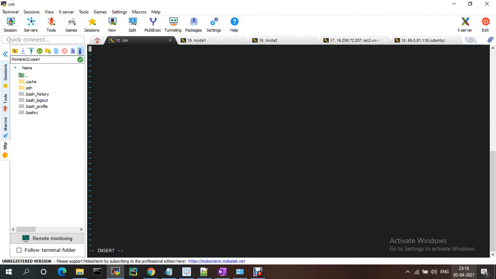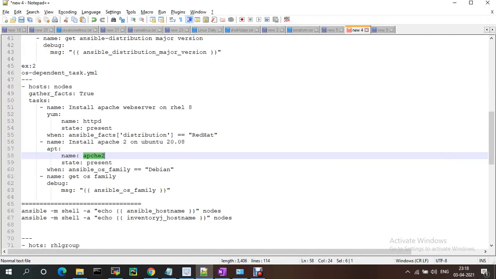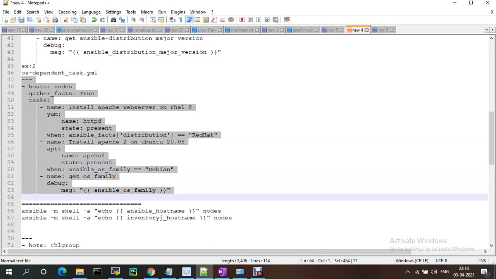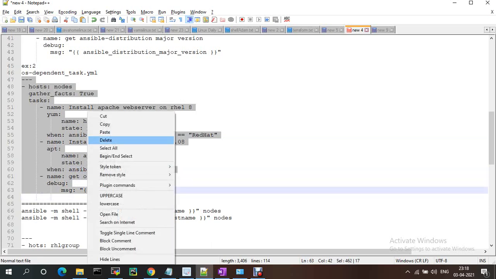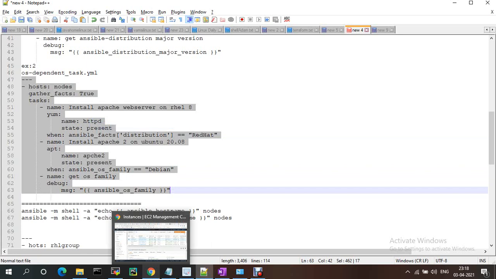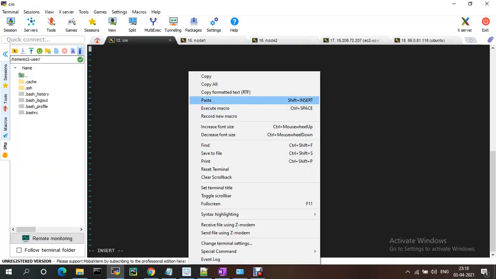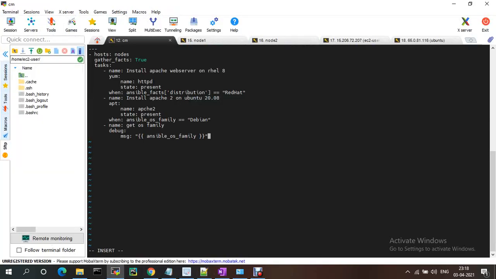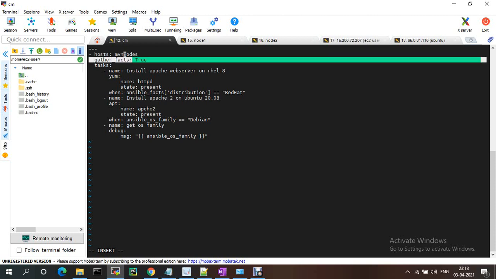Let me copy this playbook and run it directly. See, my nodes is MVN nodes, hosts is MVN hosts, gather facts is true.